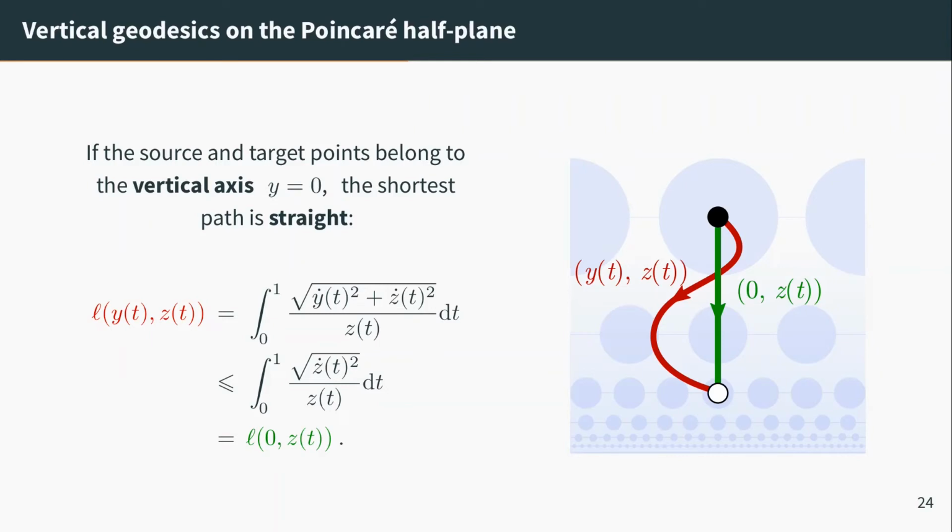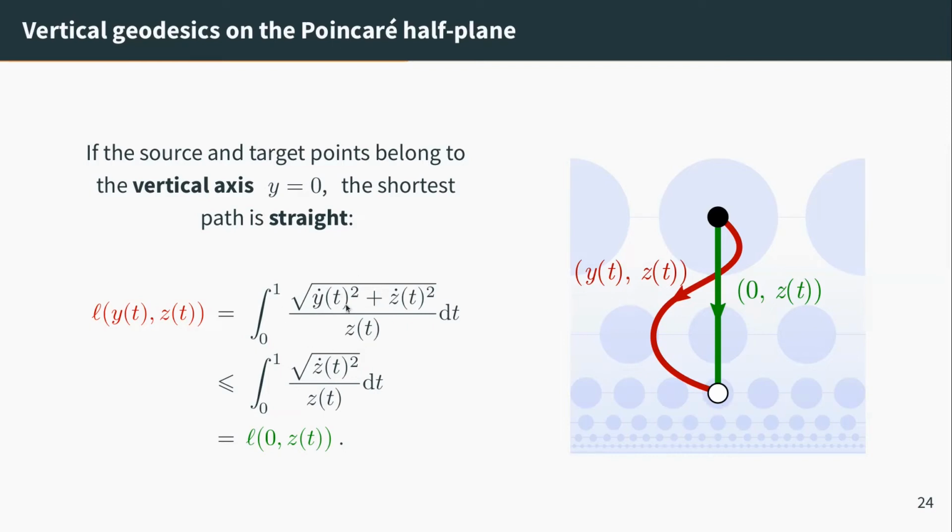So in the general case, it's not easy to see how we could minimize this, because if you want to make a horizontal movement, it's not clear if you should do your horizontal movement when you're on top or when you're down below. So maybe the situation is complex, but here, if this is my source node and this is my target node, if they both have the same y coordinate, then I know that making any kind of displacement horizontally is useless. I don't need that in my path because